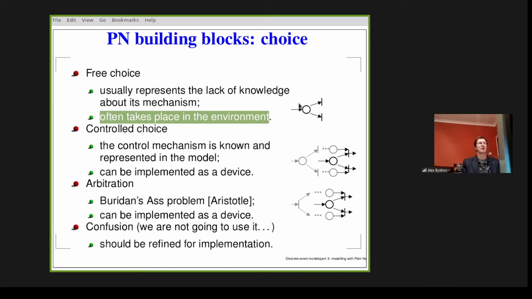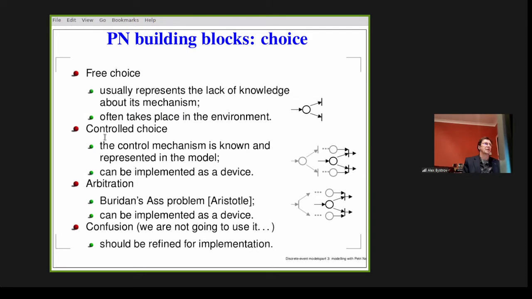In this case, in my last example, this free choice is the free choice of a person in a free society. There will be something else then, control choice. Control choice, well, let me joke about this. It's a non-free choice of a person in a non-free society. Right. So this is the non-free choice.